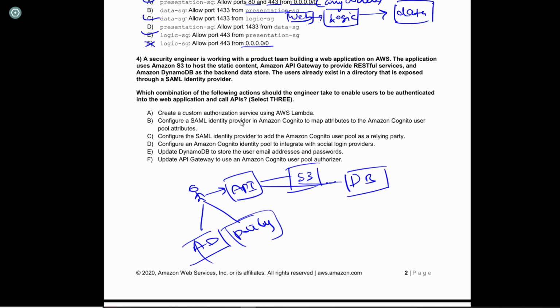Now, which of the combination of the following actions should the engineer take to enable users to be authenticated into the web application? So as soon as a user is trying to access the application, the user has to be automatically authenticated. And what action should we take for that to happen? Right, so create a custom authorization service using Lambda. So this is not required. Configure a SAML identity provider in AWS Cognito to map attributes to the Amazon Cognito user pool attributes. To add Cognito user pool as a relying party, configure Amazon identity pool to integrate with social. So this D option is also gone because we're not going to integrate with any social login providers like Facebook or Gmail or whatever, because the company has their own